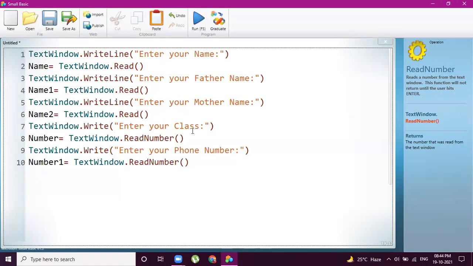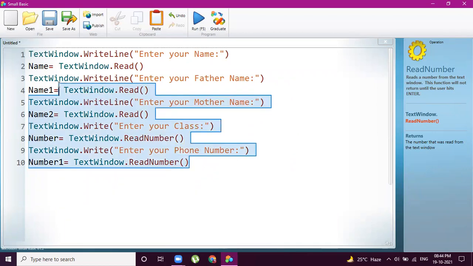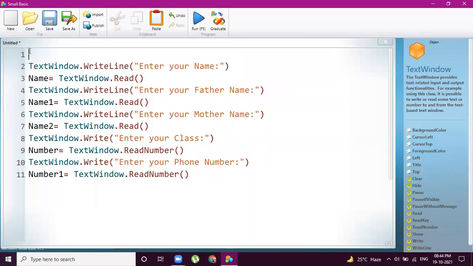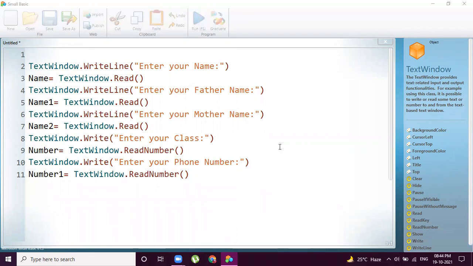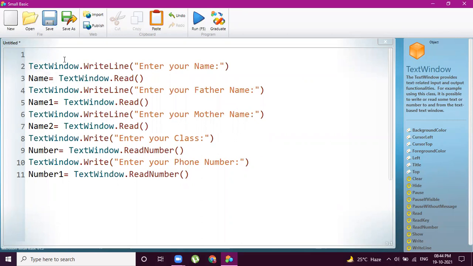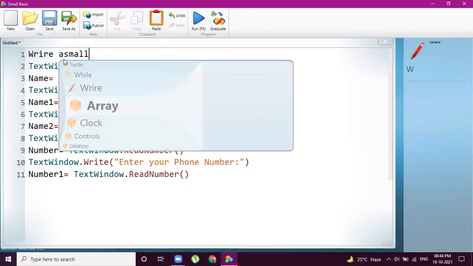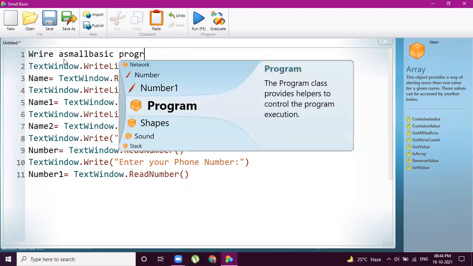So in this manner, you can write a code to enter your name, father name, mother name, class and phone number, etc. And here I want to tell you one more important point, the comment line. How can we make a comment line? For example, this program is about write a small basic program